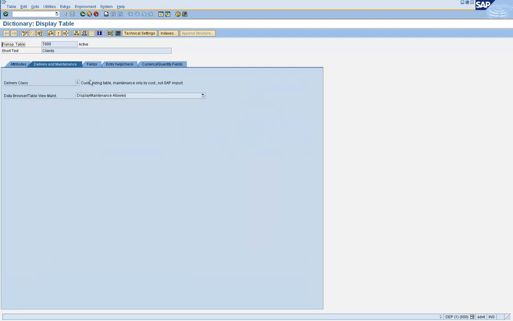Now it says display maintenance allowed. What it means is either using SM30 or SE16, you can directly maintain the data in this table T000. So whether you can maintain the data in the table directly or not is controlled by this setting in the table's technical attributes.